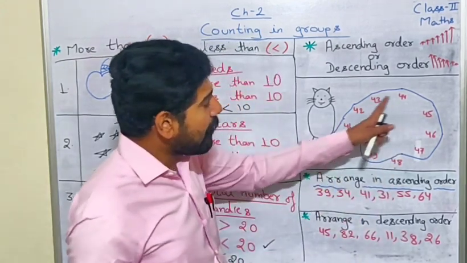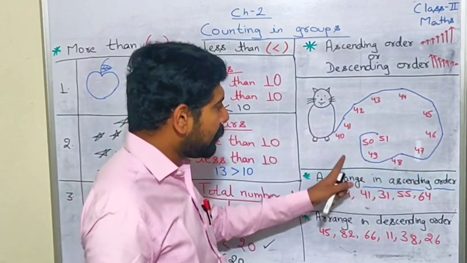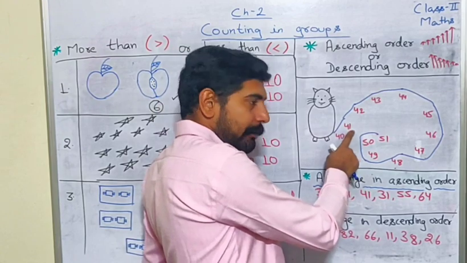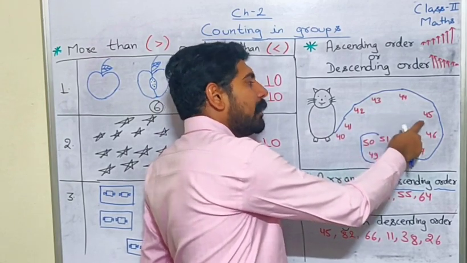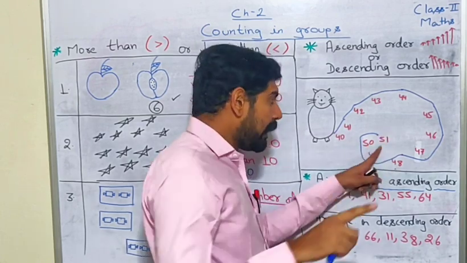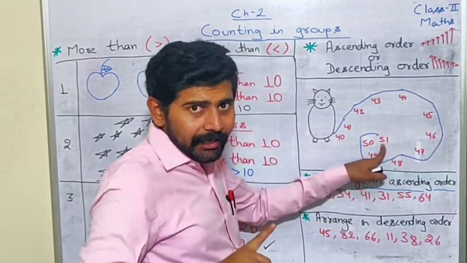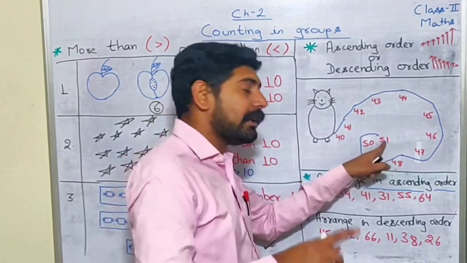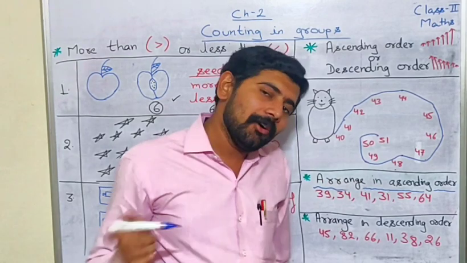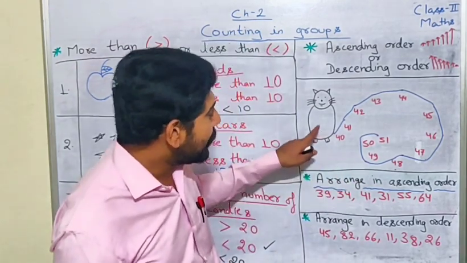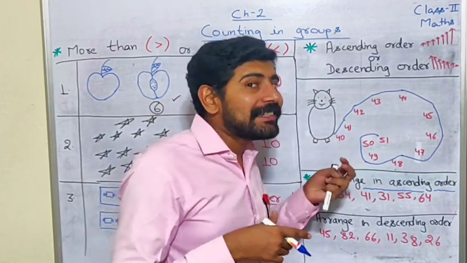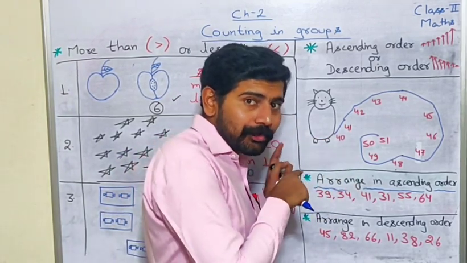Look, we have arranged or joined these numbers in ascending form. That is smaller number, then bigger, bigger, and so on, up to the biggest. No number after 51 is written here, na? That means 51 here is the biggest number, and we have joined the numbers in the ascending order. So what will we get? We get a long tail of our pussycat, which says, do you know the sound of pussycat?